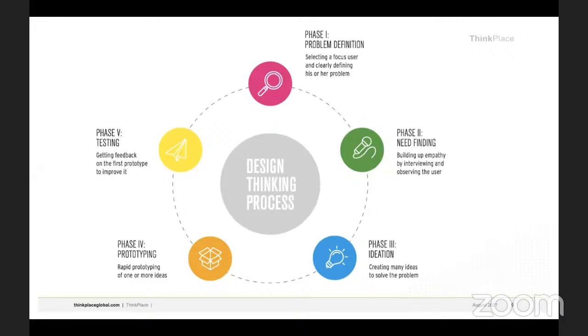Phase 2, you're finding out the needs of your target audiences, and you're using research, you're building empathy, you're having interviews and all that. And then at phase 3, you are ideating, coming up with as many ideas as possible. And these ideas, once you've selected the main ideas, then you carry them forward to the next phase, which is the prototyping. So I'd want to hear from one of you who can give us an example of their project